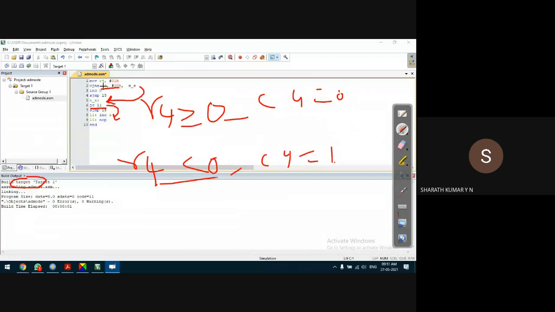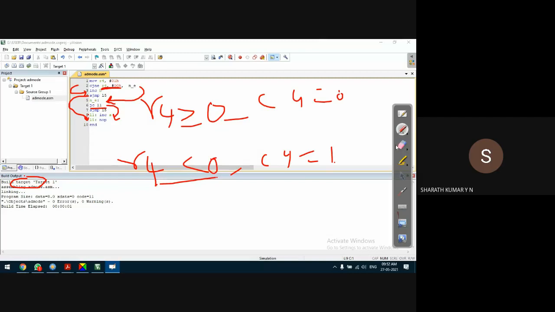Let us say, if R4 is not equal to 0, then it goes to L1. If the content of R4 is equal to 0, it will go to increment B, and it will come out of the loop. It will go to L5.